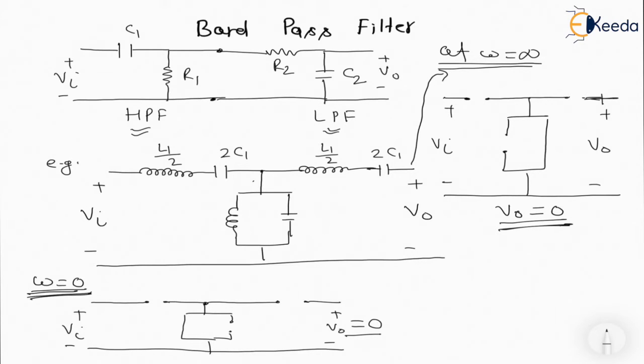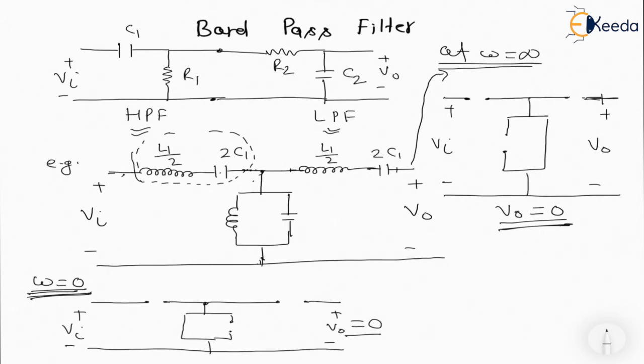But if we check on the resonance condition, then there must pass an input to the output terminal. So we are checking at the resonant condition. At resonance condition, when only L and C is present, here I am showing the dotted line. So L and C, this will become same, and this can be represented by short circuit because the total impedance will be 0, and if the impedance is 0, then simply we can represent this by short circuit. The parallel combination of L and C will be represented as open circuit.